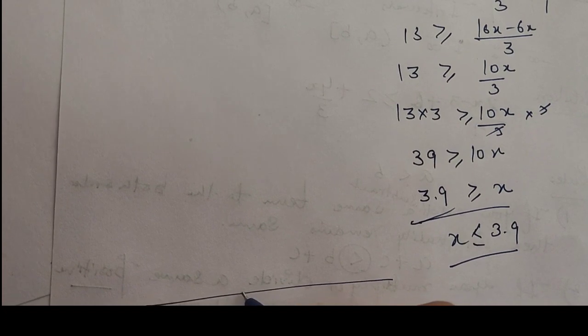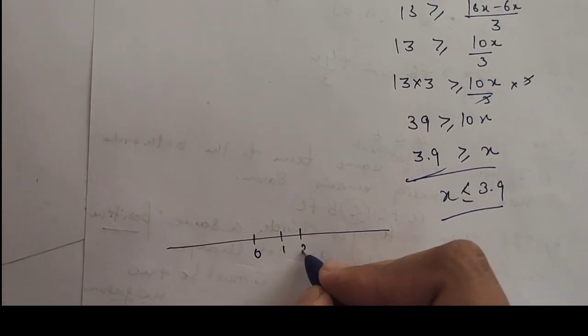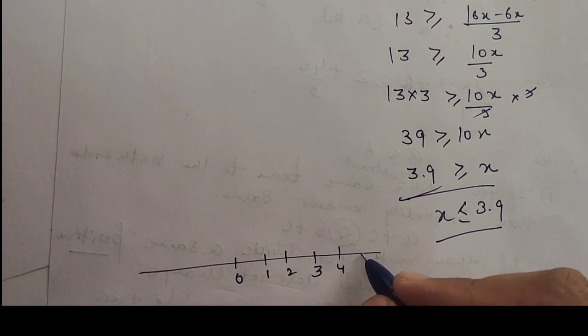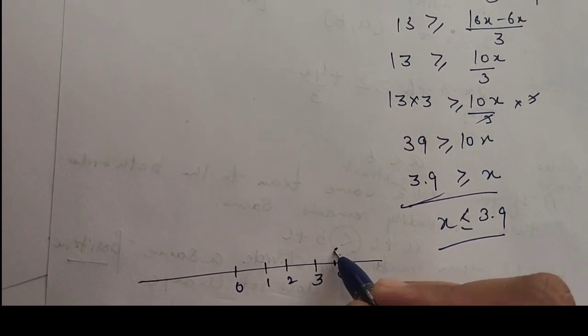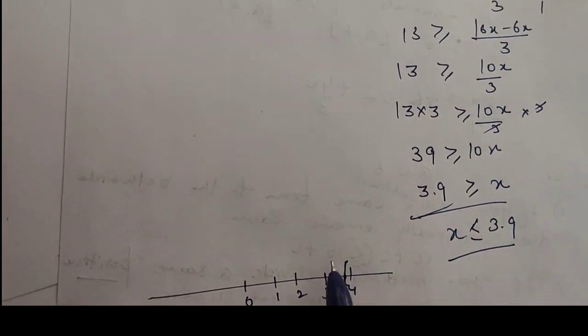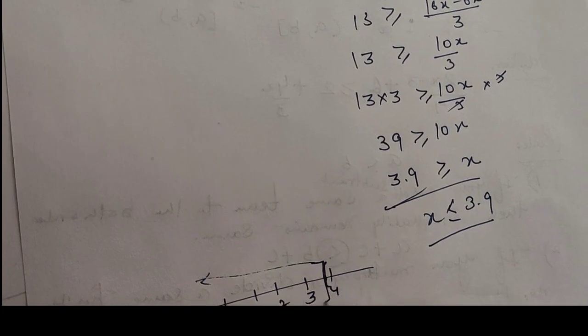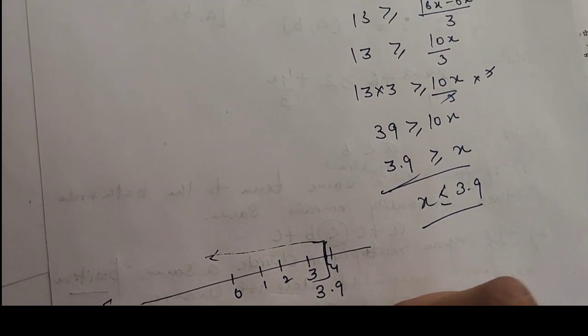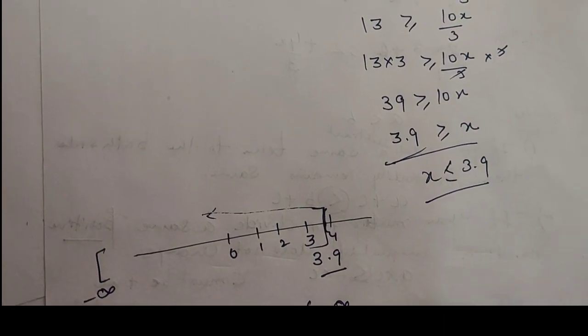Then you can write it like this. If x is less than or equal to 3.9, then you can write it on a number line. Here you have 0, here you have 1, here you have 2, here you have 3, here you have 4. 3.9 exists here, and less than is in this direction. Then you have this over this, that is minus infinity to 3.9. Then you have an answer, minus